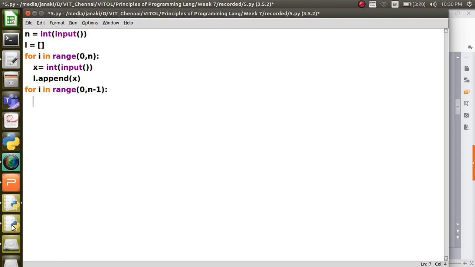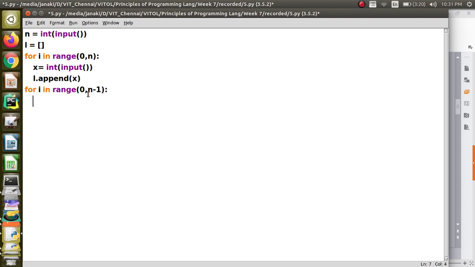The average of the elements which come after the particular element, nothing is there, so it may create a division by 0 error. So we are going to write it separately. In the range I have mentioned 0 to n minus 1, and we know that range will generate the sequence from 0 to one less than what we have given here. I have given n minus 1, which means it will generate only elements from 0 to n minus 2.